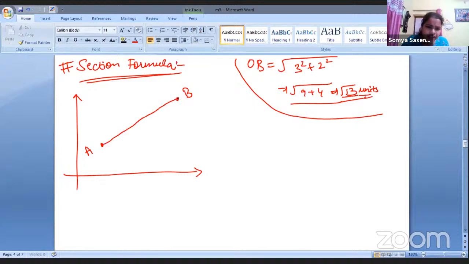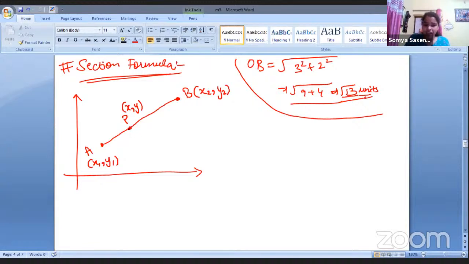This is this line segment. Here I have the point P. Normally I've taken any point P. This particular point has the coordinates x1 comma y1. This particular point has the coordinates x2 comma y2, and this P has, let us suppose, the coordinates x comma